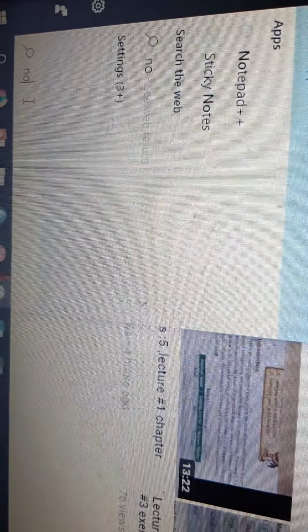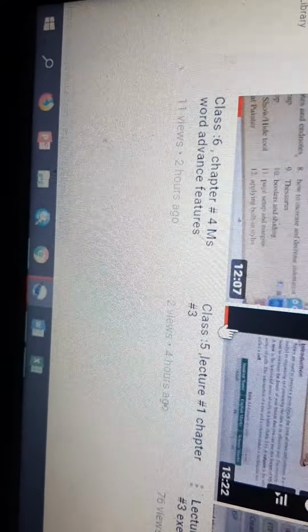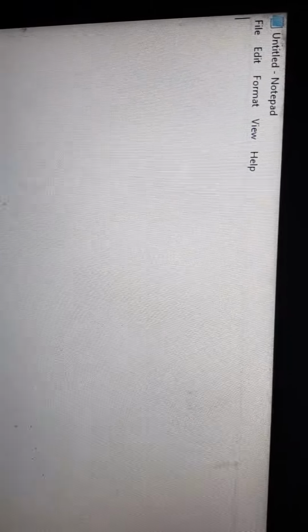So students, we can write our HTML code in Notepad. First we will open Notepad. Here we will write our simple text by using different tags and attributes to create our web page.